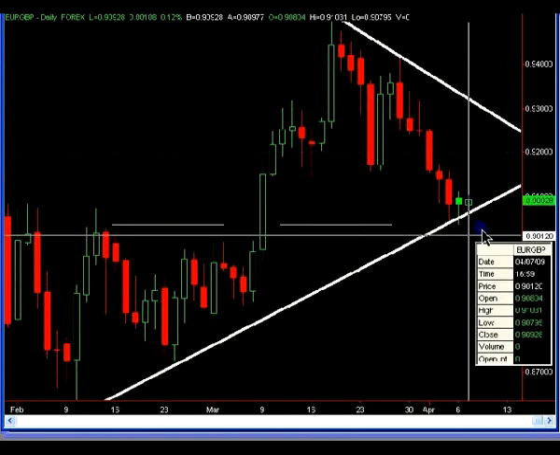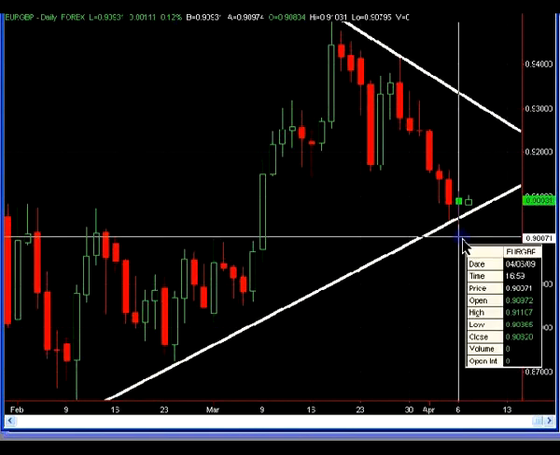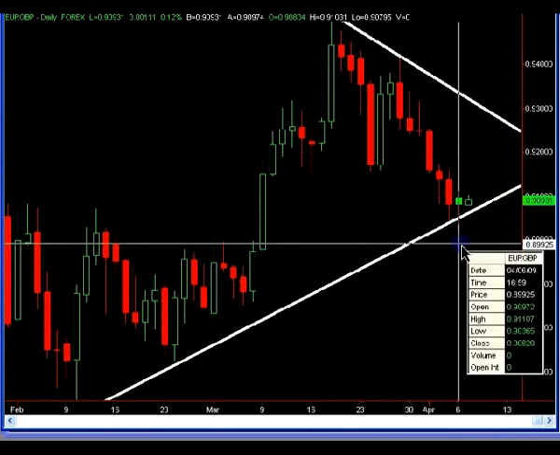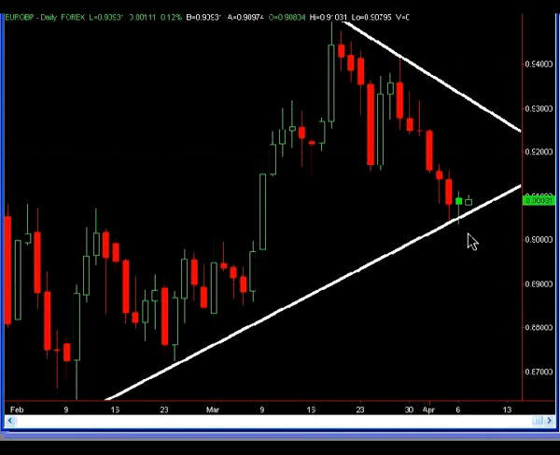The stop location would be about 10 to 15 pips beneath this. You can call this a hammer candle right here, and the low of that candle is about 90.36. So maybe about 10 to 15 pips beneath that point. So moving forward over the next 24 to 48 hours, if you can get an entry close to that level,